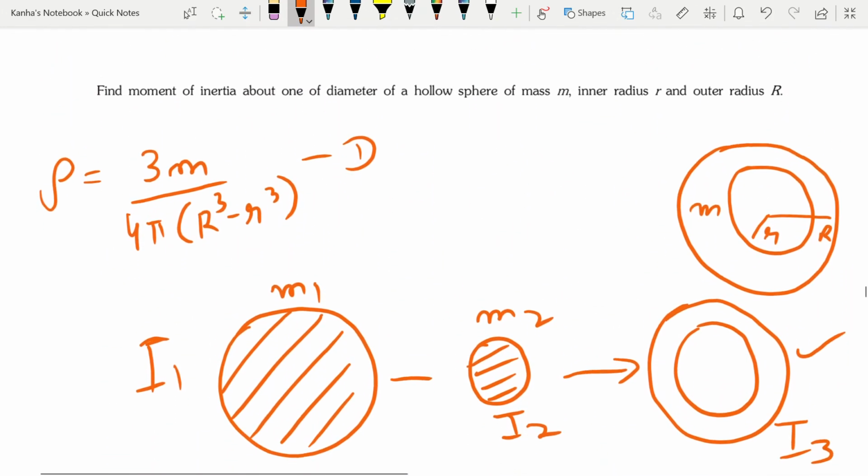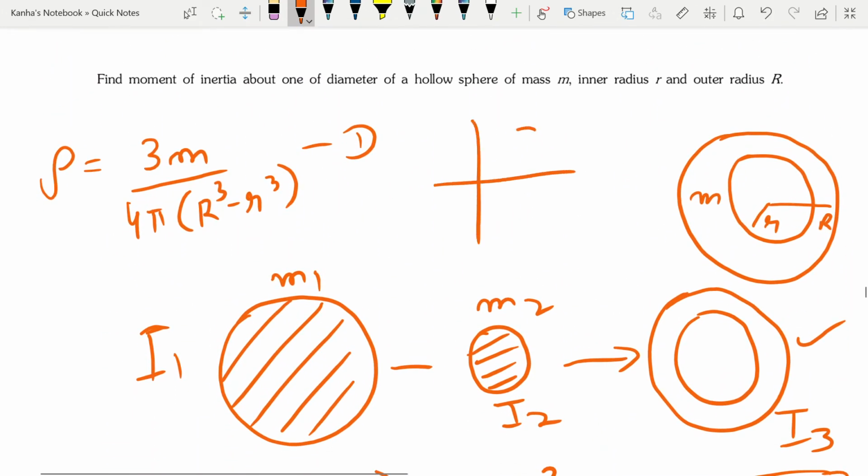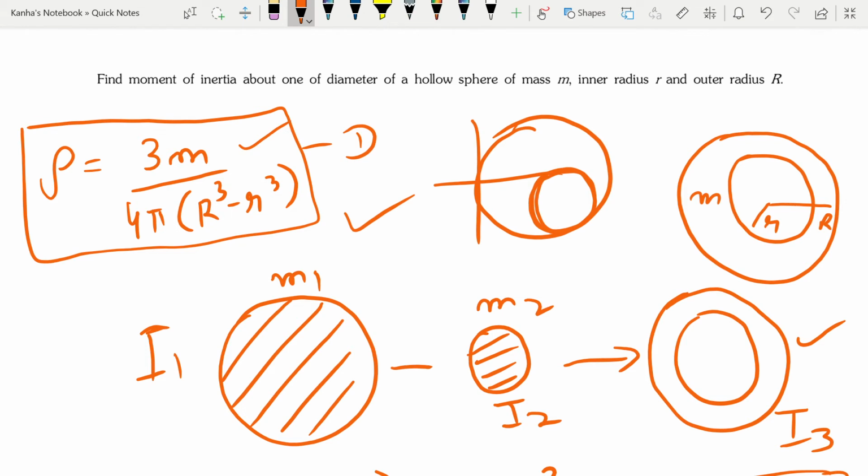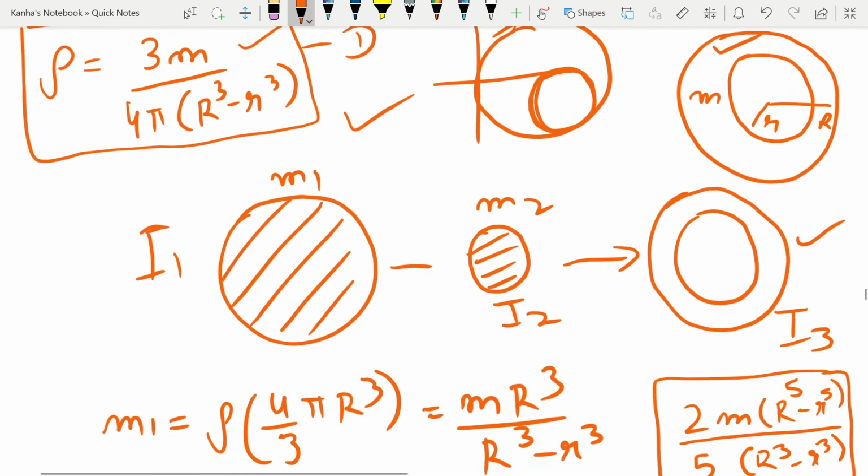One of the questions that I remember from the past papers is you were given a solid sphere, and then another small solid sphere was taken out from near the edges, and you had to find the moment of inertia of the remaining body, but the approach should be similar. Also take note that when you write the initial density, that will include the mass of the truncated body that is given to you. You are given the mass of this, not the mass of the entire thing, so you're trying to find the mass of the complete body.